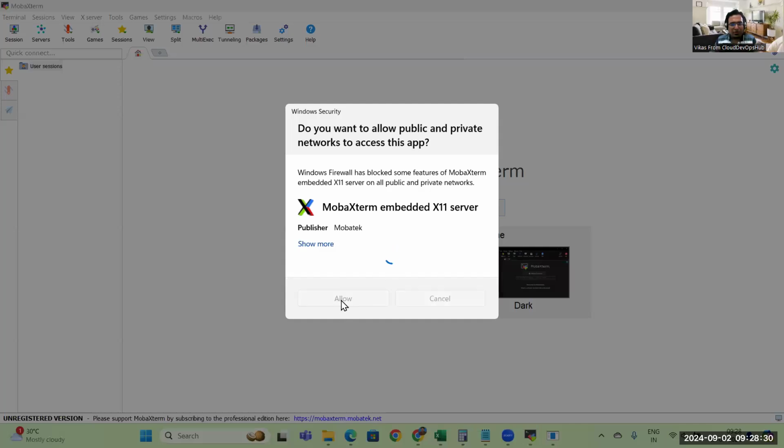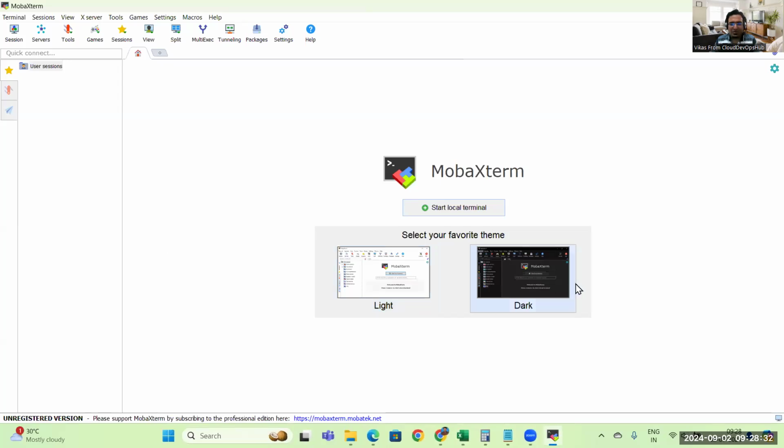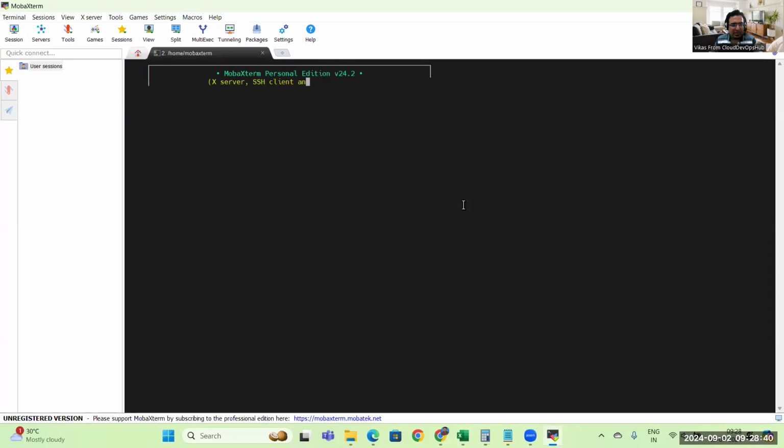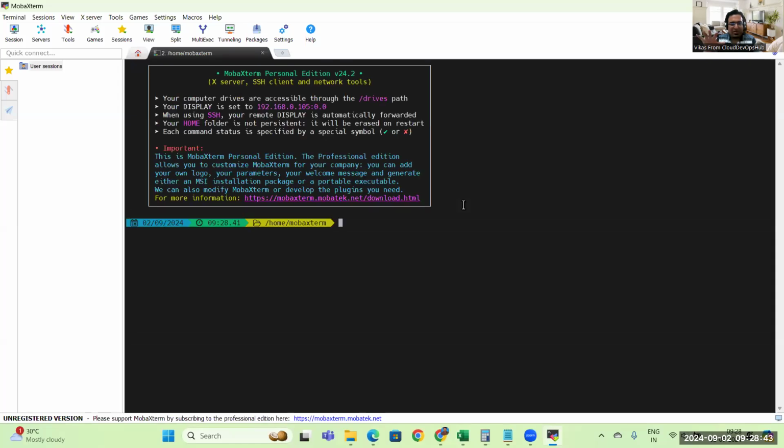Now you have two options. You can take a light screen or dark screen, whatever you want to choose. Light screen, and just click on the start local terminal. As soon as you click on the start local terminal, one local Linux terminal has been started